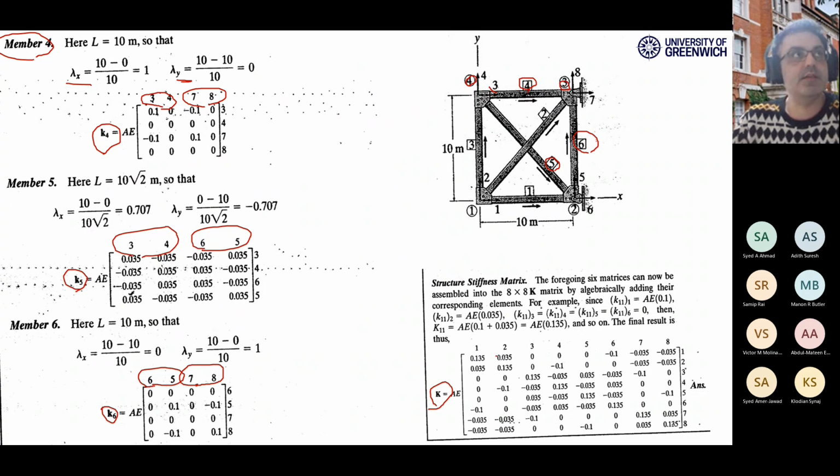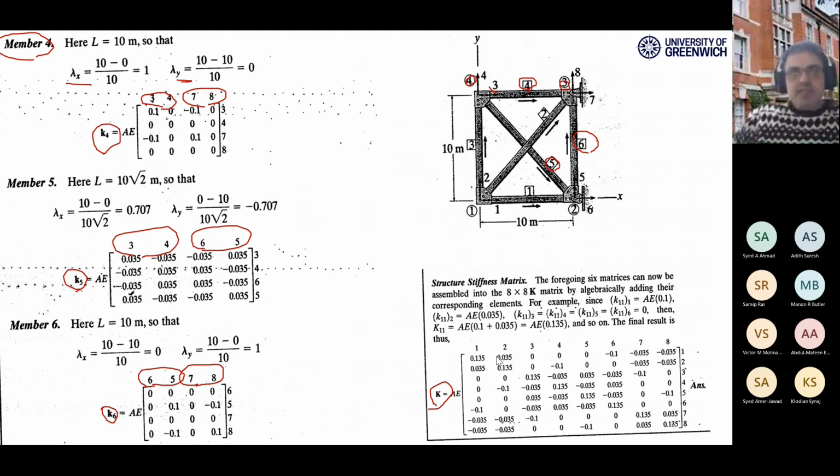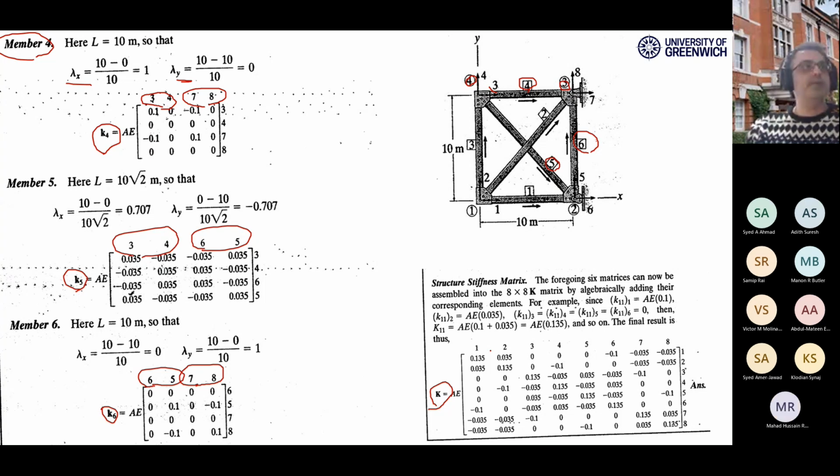Why an 8 by 8? Because I have 8 degrees of freedom altogether. I have 4 joints multiplied by 2 degrees of freedom for each joint, which means 8 degrees of freedom. So always the whole structure matrix, the dimension is equal to the number of the whole degrees of freedoms. Because I have 8 degrees of freedoms, I need a big matrix, 8 by 8, full of zeros. So you need to put every single number you have obtained in those individual 4 by 4 matrices into the bigger matrix. For example,